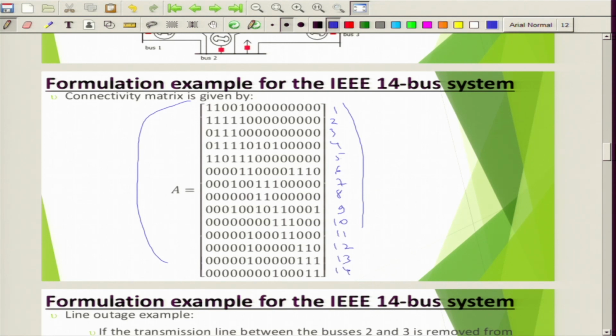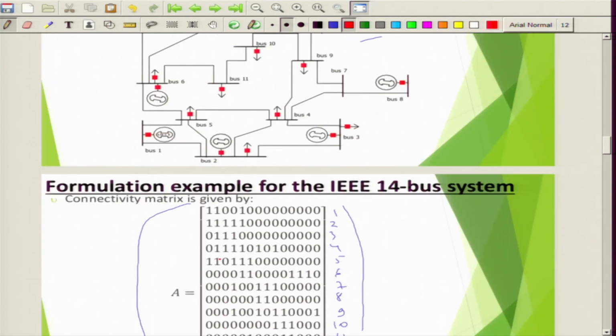So, 14 rows are there, and if you observe here, there will be 14 entries again here, 1, 2, 3, 4, 5, 6, 7, 8, 9, 10, 11, 12, 13, 14. So, there will be 14 entries, 14 by 14. So, 1, 1, obviously, this is the first entry, the first bus, right. So, the first entry that corresponds to bus 1, obviously the entry would be 1, and